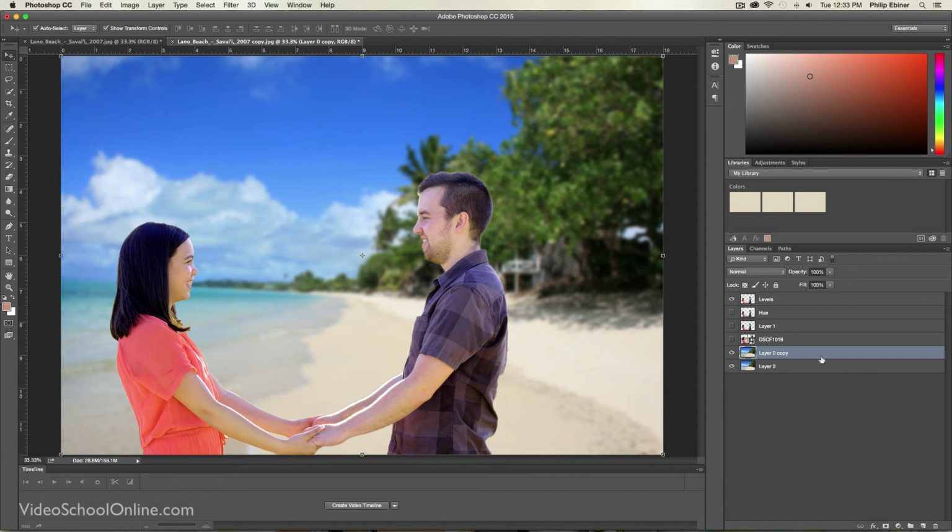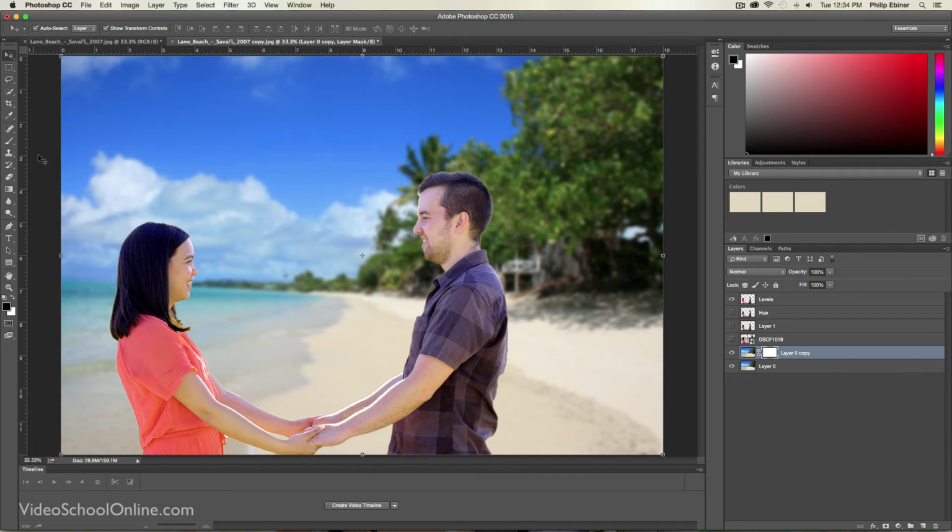Clouds way over here. So how are we going to make that look better? We're going to erase some of this blurry image so that part of it is in focus and part is blurry. An easy way to do that is to drag this into this little button down here, which will create a mask, and we can erase some of this layer mask by selecting this white box over here,